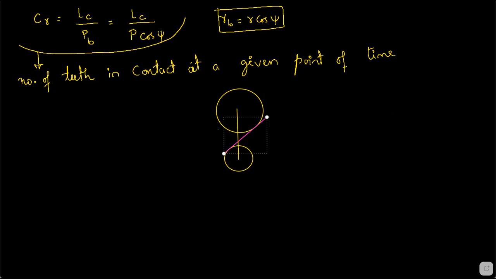And this is the pitch point. So you have pitch circles, right? That is the pitch point. And now we are going to draw teeth. Suppose this is teeth number 1, the first pair in contact. And then we have teeth number 2, second pair in contact. Then we have teeth number 3, third pair in contact. After this, what will happen? There is no contact. Fine.